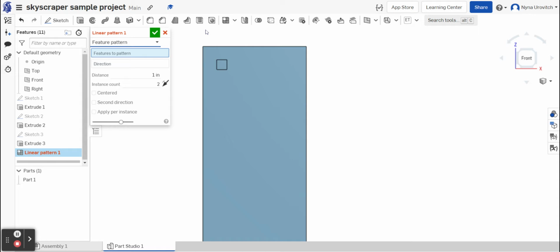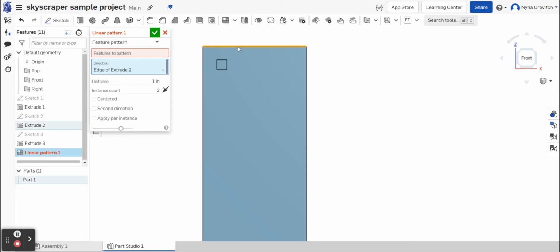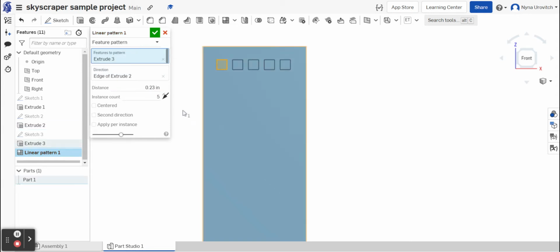Okay, and then I want to pick the direction I want to go in. The direction is along this horizontal line, the edge of extrude 2, and I want to have 5 squares, and I want them to be 0.23 away from each other. Now I know these numbers because I've done a few tries of this. So let's see. My feature pattern did not take, so let's put it in again. And there I have my 5